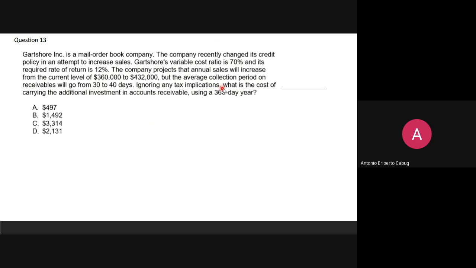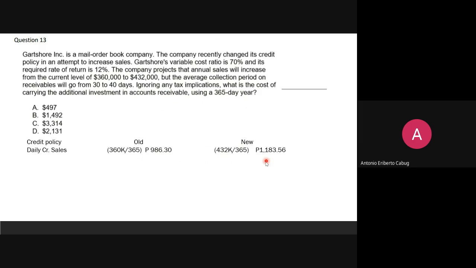Ignoring any tax implications, what is the cost of carrying the additional investment in AR using a 365-day year? So sabay natin gawin. Under the old credit policy, the sales was 360K. In the new, it's 432K. Itong problem na to, gusto niya 365 talaga. 360K over 365, it's 986.30. For 432K over 365 is